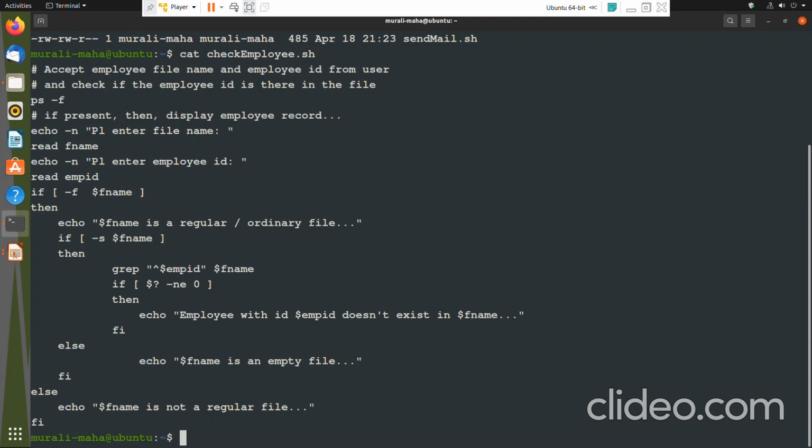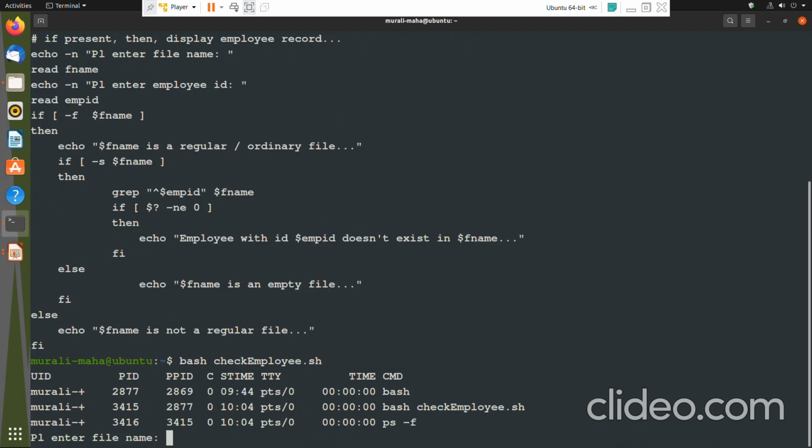So one way of executing a shell script, I told you, is by explicitly specifying the shell process command like bash or ksh or sh. Bash check_employee.sh displays the output of the ps command, because whatever we have coded would execute accordingly.